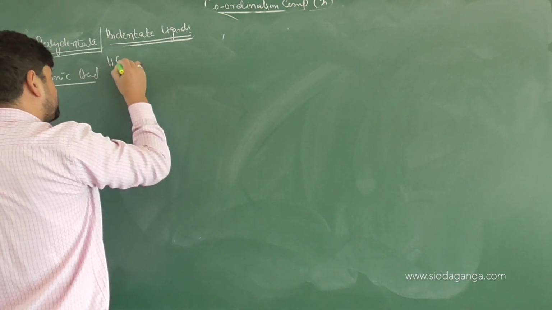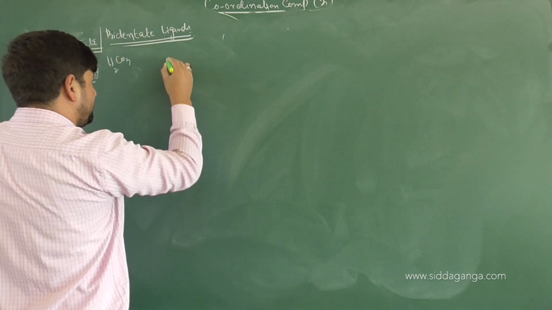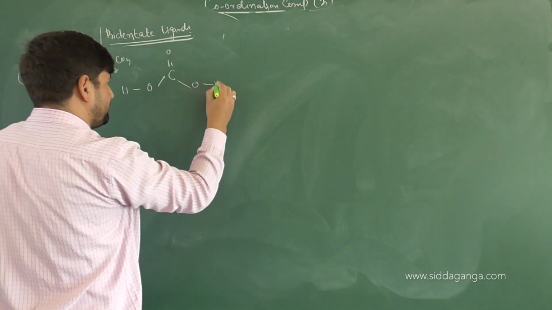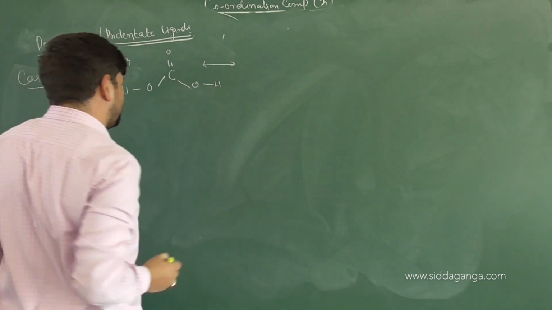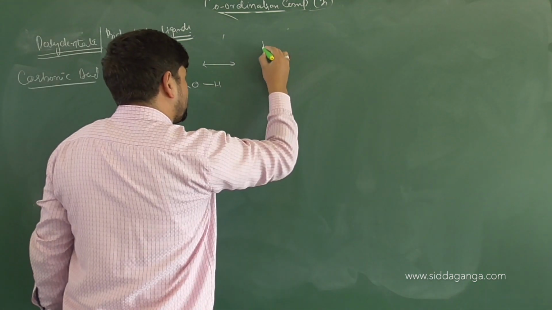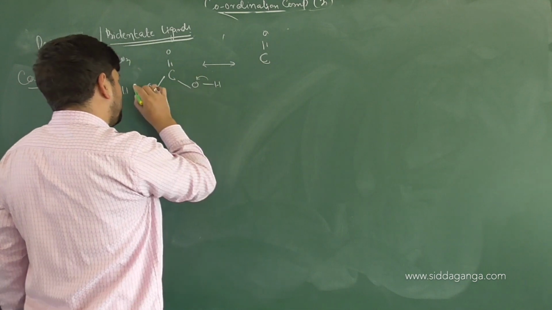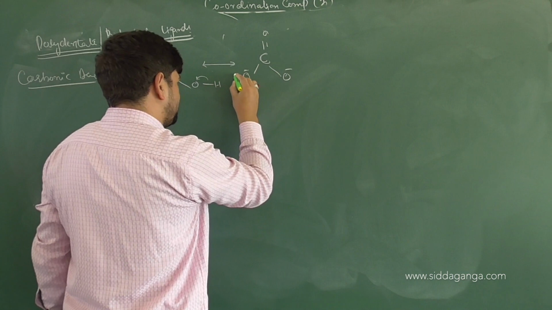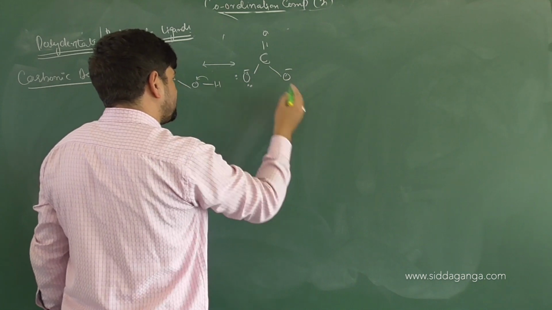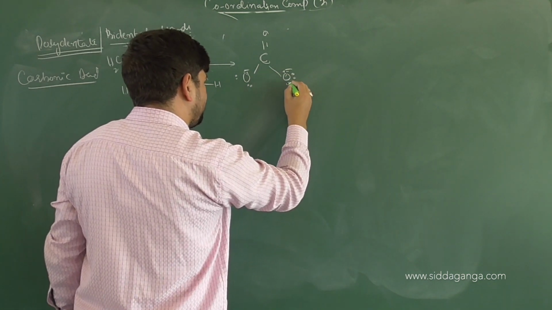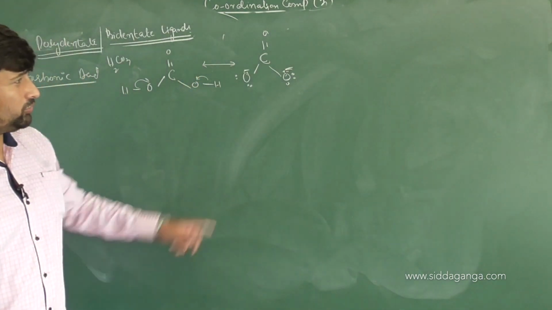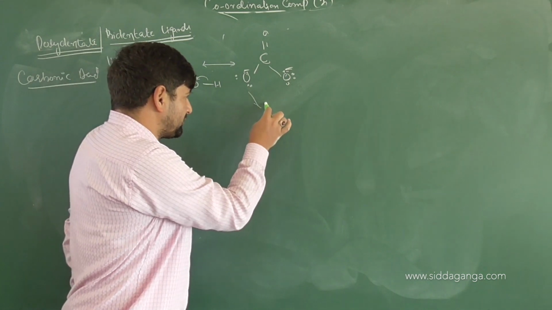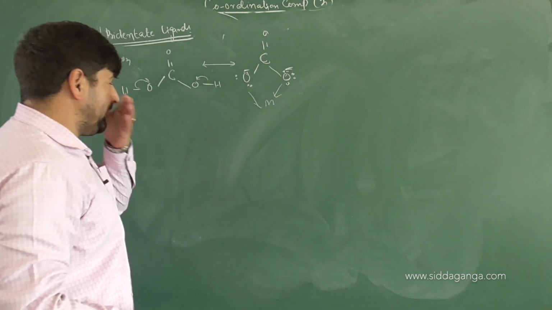Right, carbonic acid, that will be C. Formula is H2CO3. So drawing the structure, C double bond O, and oxygen attached to hydrogen. Now in medium, when it breaks, what does it give you? C double bond O, bond breaks. So you will get oxygen with a minus charge, oxygen with a minus charge. Now 2 oxygen atoms with 2 negative charges can donate the electrons. So if they donate the electrons to the metal atom, again chelation comes into play.